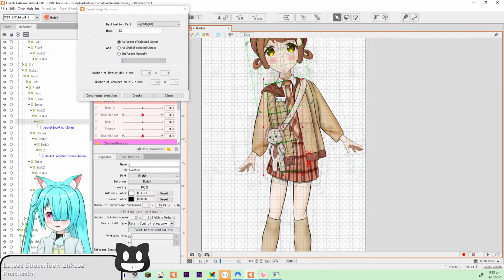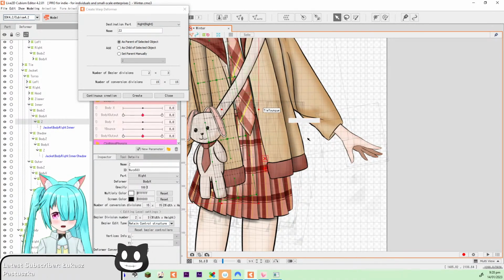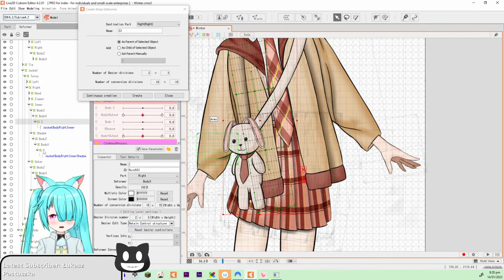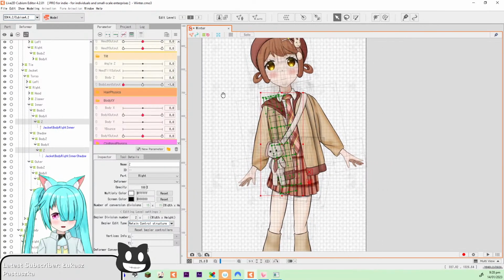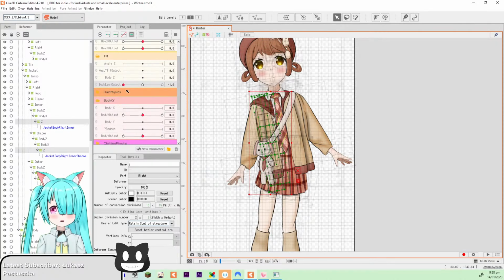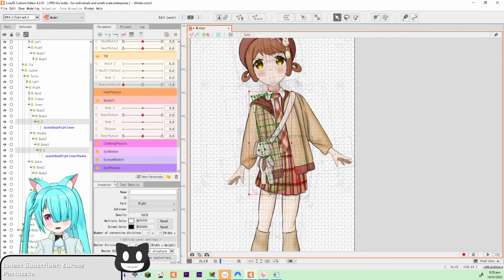So this should be where it corrects to. Because the number one danger right now is that if it ends up in a spot where the skirt sticks out of the jacket at any point, so